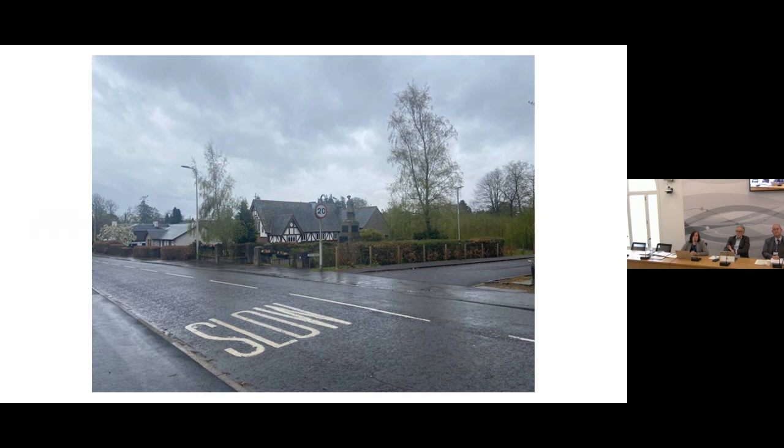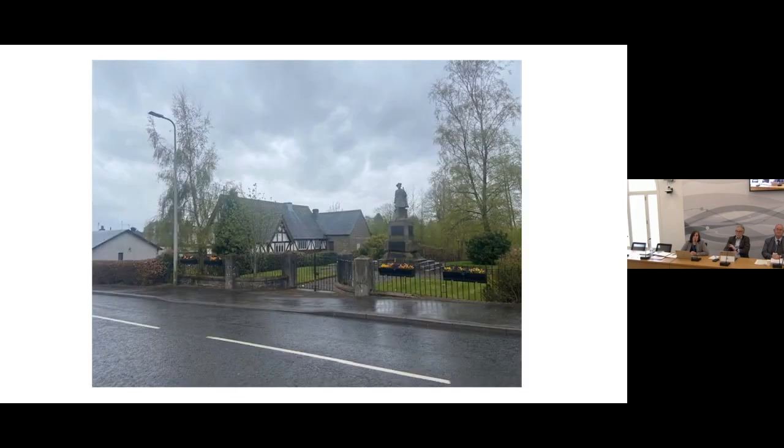So this is looking from Perth Road across to the application site. The road there is West Park to the existing dwelling houses. And you can see the War Memorial at the front as well. Next slide, please. And then as you look more closely at the site, the existing War Memorial,